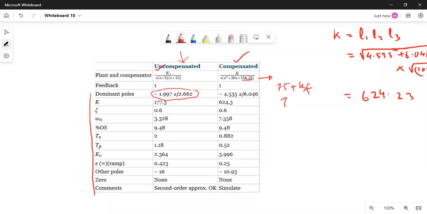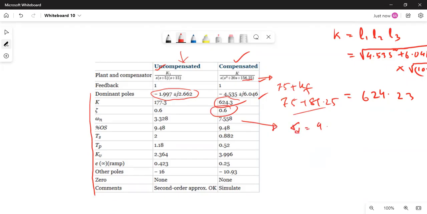So we already figured out that the KF value is 81.25. If you add those two, you're going to get your compensated system's plant and the compensator. This one we already calculated. We have obtained this from the graph. This one we calculated, this one is given, and omega n can be calculated from sigma d equal to,